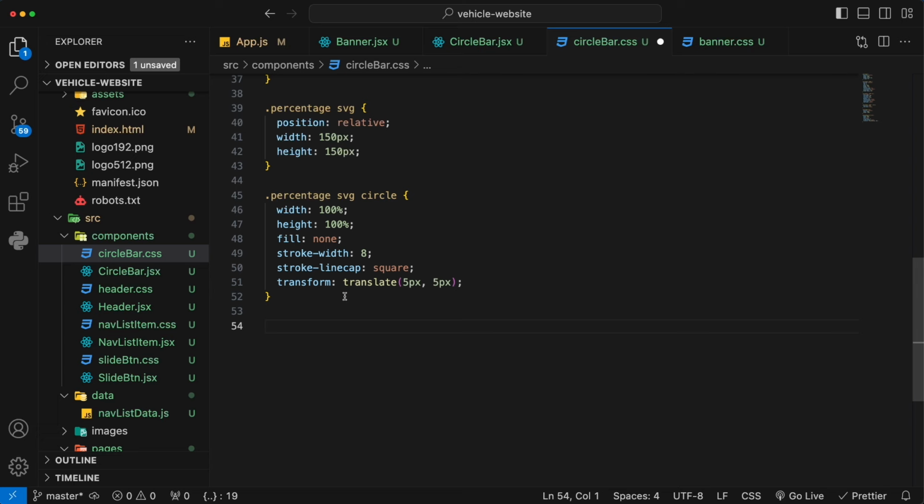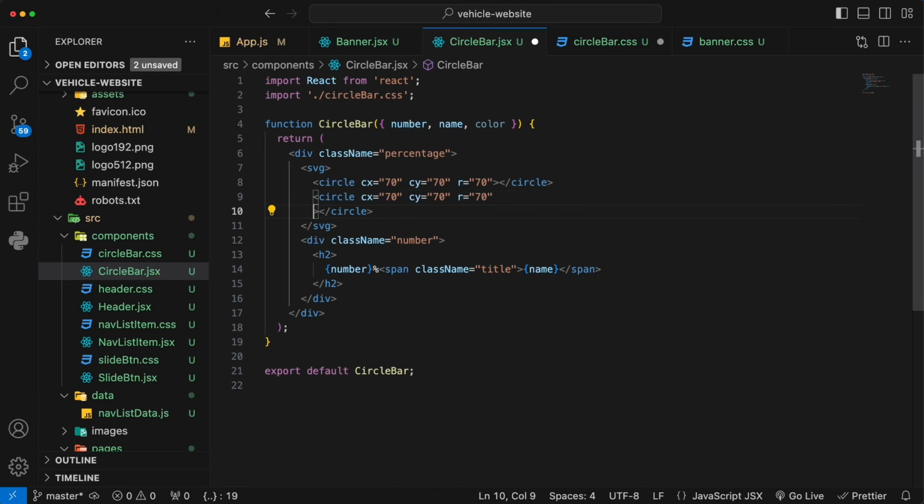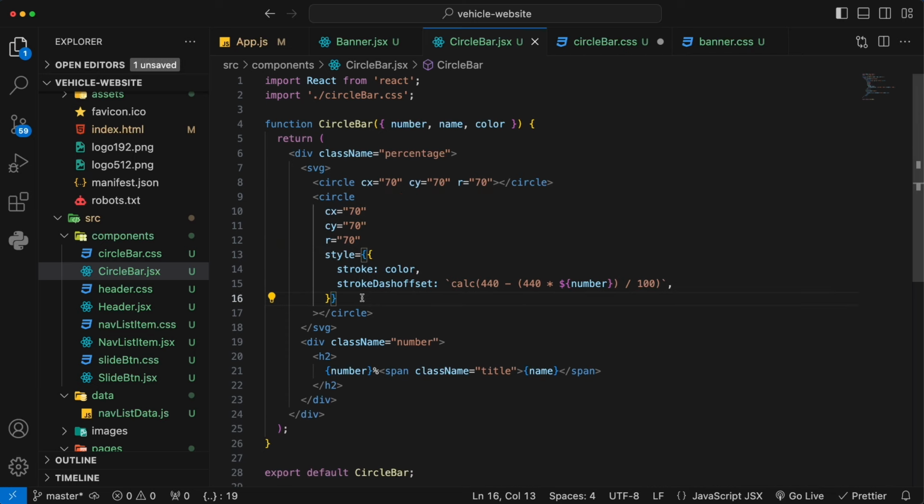But that stroke color is actually a conditional one. It's a dynamic one. So instead of hard coding here in the CSS, what I would do is to put our CSS inside the React file as a dynamic thing. So here, what I will do is that in the second circle, where you will show the CSS effect, I will put in that style variable like this. So the second circle will have a style of the stroke, which is defined to the color that we defined in our property. And also we make sure that the stroke has an offset, because you know when you show the progressive bar,